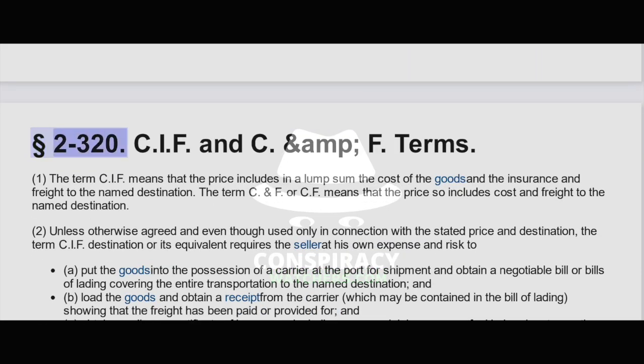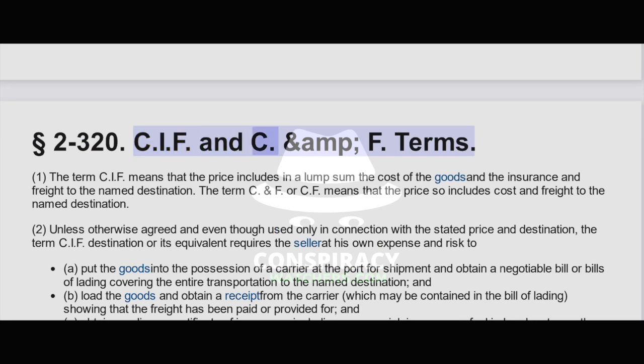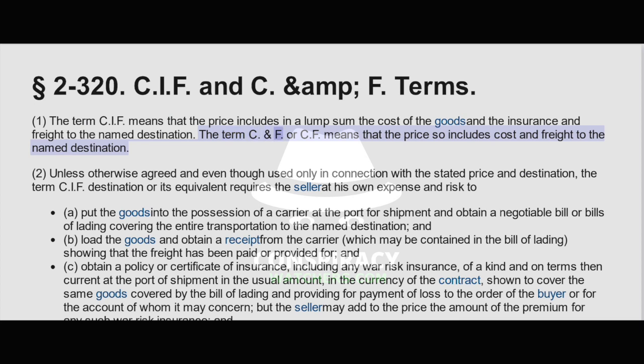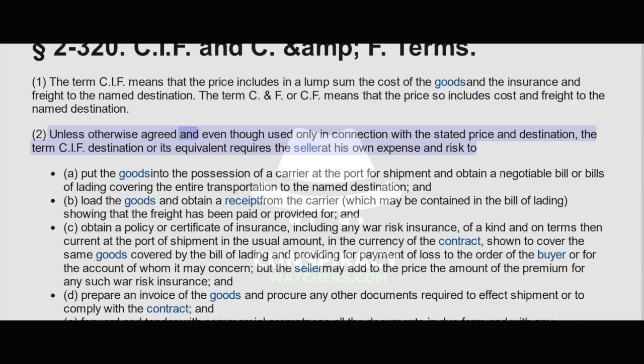Section 2-320. CIF and C&F terms. The term CIF means that the price includes in a lump sum the cost of the goods and the insurance and freight to the named destination. The term C and F, or CF, means that the price so includes cost and freight to the named destination. Unless otherwise agreed, and even though used only in connection with the stated price and destination, the term CIF destination